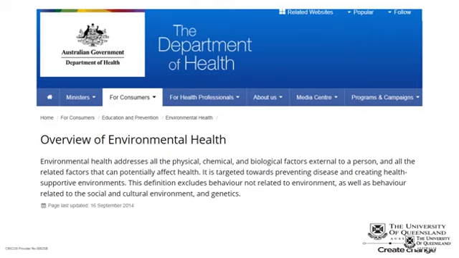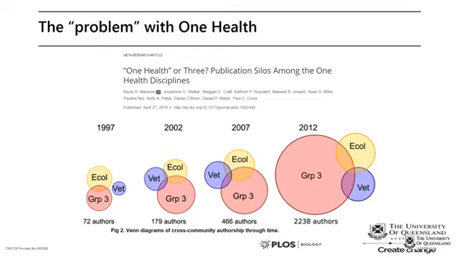They're interested in environmental hazards. So I'm putting this out there just as a way of explaining to you not to buy in too much to the disciplinary boundaries that are established in some of the statements that are made.